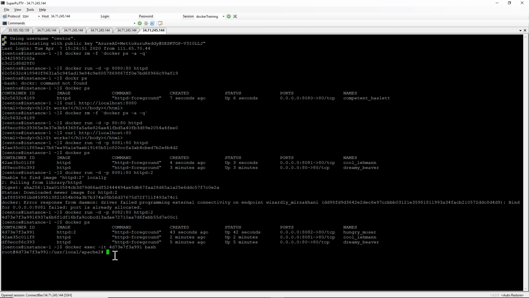Now here there is something called htdocs. vim index.html, or else echo hello docker. So I'm entering inside the container on port number 8082, right?